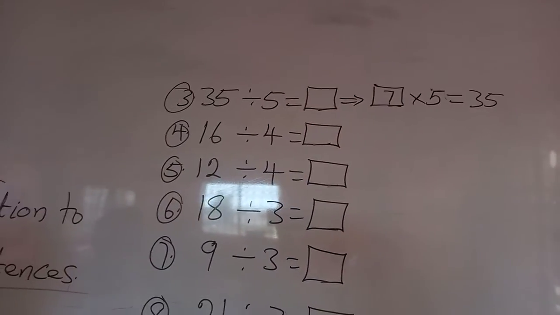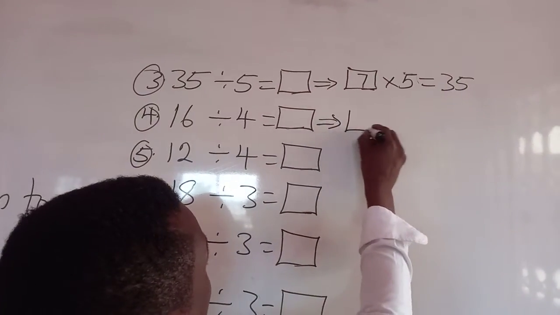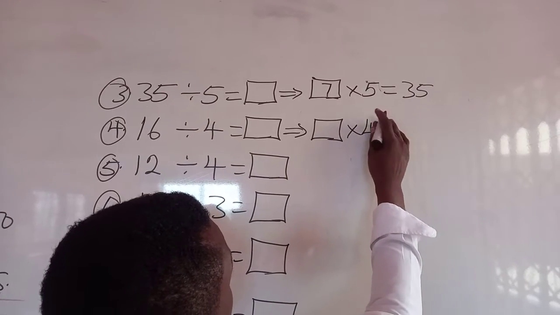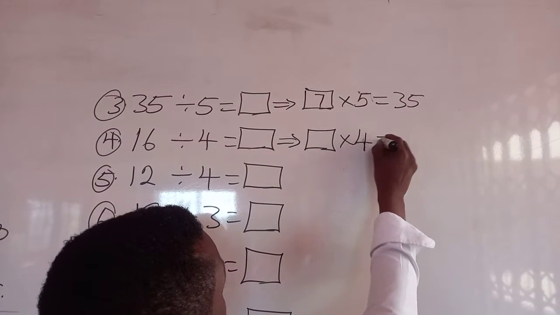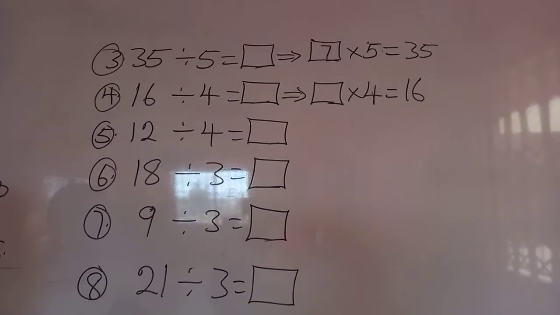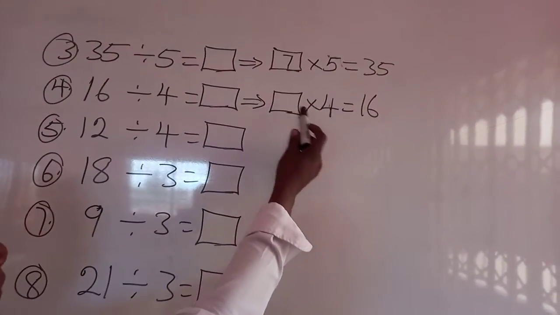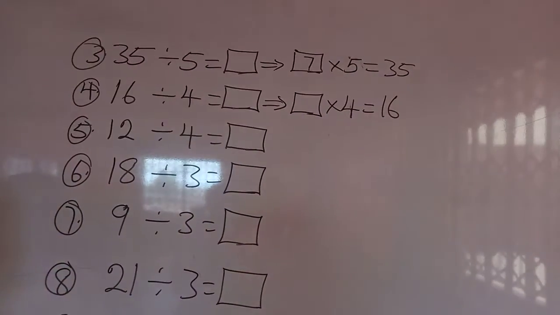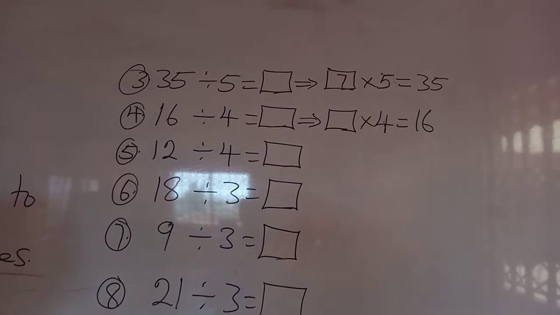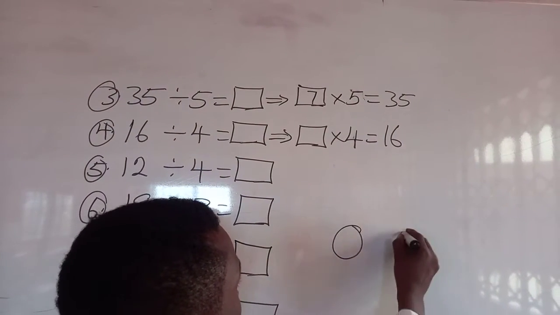Take note of all these things. 16 divided by 4. This means that a number times 4 will give us 16. So let's quickly read our 4 times table. 4, 1, 4; 4, 2, 8. Or instead, I also taught you something. You draw a